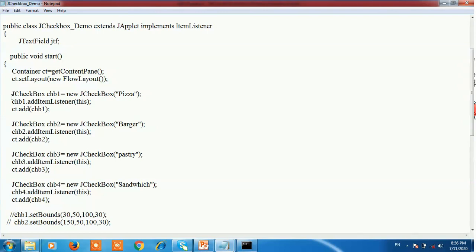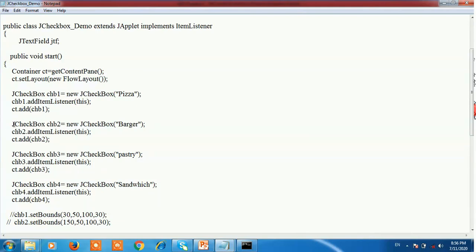After that, create a JCheckBox object. JCheckBox chb1 is equal to new JCheckBox with string text Pizza. After that, the addItemListener method is used. When you click on a particular checkbox, that item event is generated. Then the JCheckBox component is added into the container using the add method, ct.add(chb1).